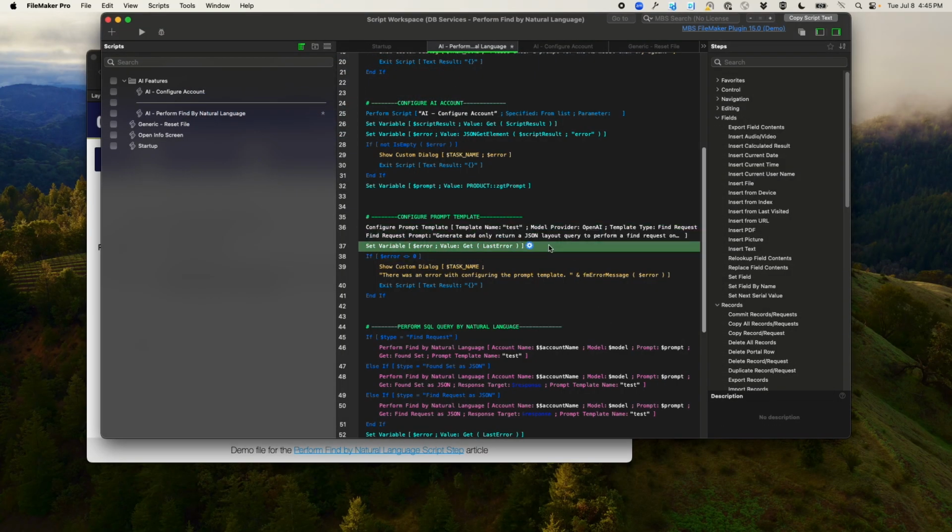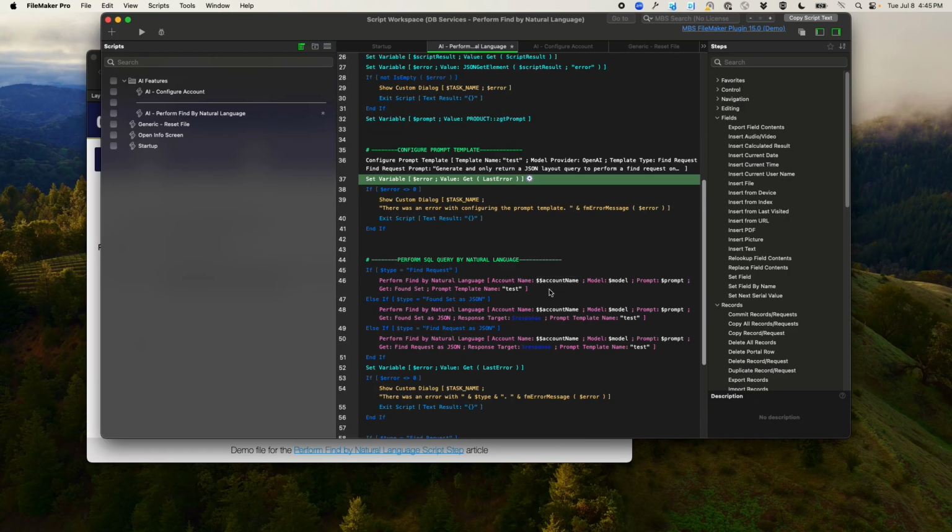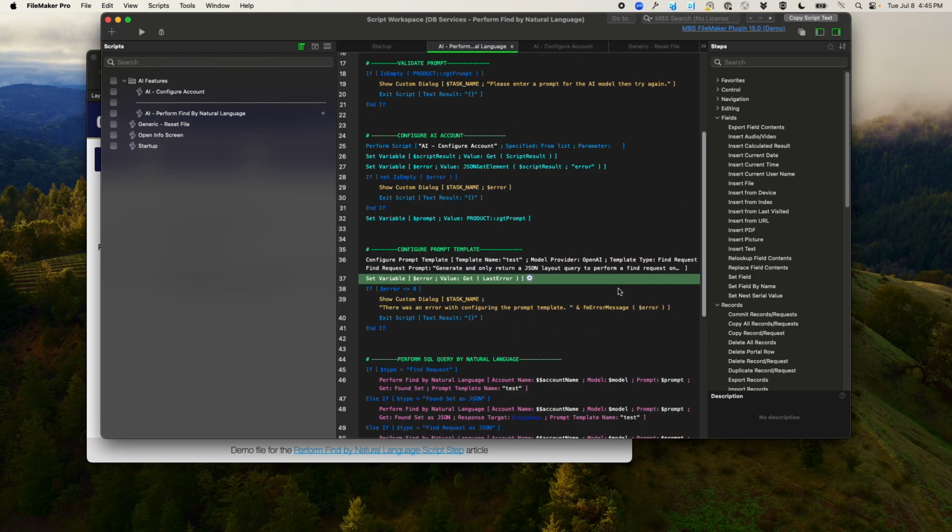So once you have your prompt template set up, it's going to be passed in to the perform find by natural language script step. Regardless of how you use this step, keep in mind we went over the three different types earlier. You can do it as found set as JSON, or find request as JSON. Regardless of which version you are using, all of them are going to require a couple things. First being that prompt template name that we set up earlier. You pass that in. And they all will need your account name,